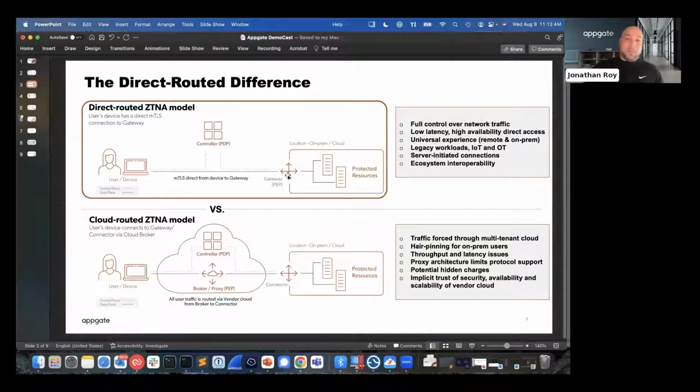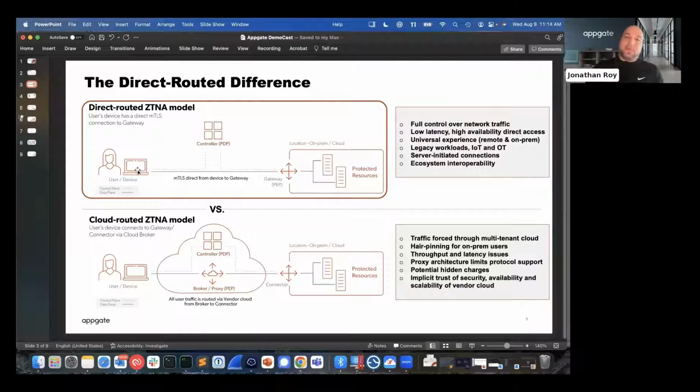From a logging perspective, there's very robust logs that we're going to be able to obtain because, again, you control the infrastructure, the virtual machines that are running the Appgate capability stack here. And then one of the nice pieces is, even though a lot of these graphics don't inherently depict this, most folks think zero trust access is all about remote users coming into their resources or the enterprise resources. If you want to kind of just flip that on its head a little bit, well, what about your on-premise